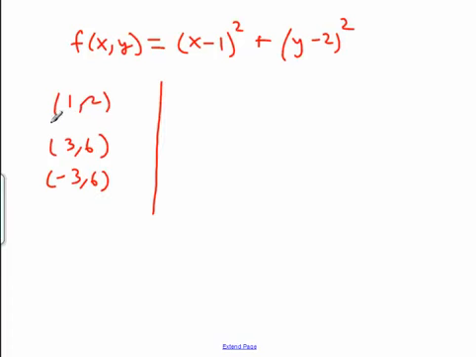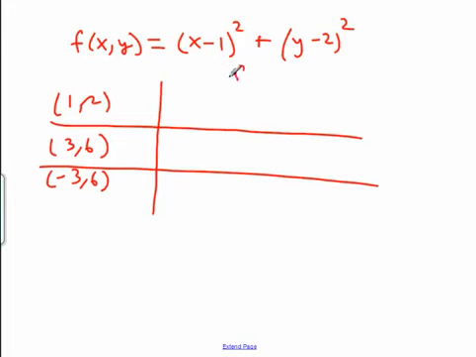So at these given points, if I were to plug 1, 2 into my function, I get 0. If I were to plug 3, 6 in, I get 2 squared plus 4 squared. And if I were to plug the negatives in,